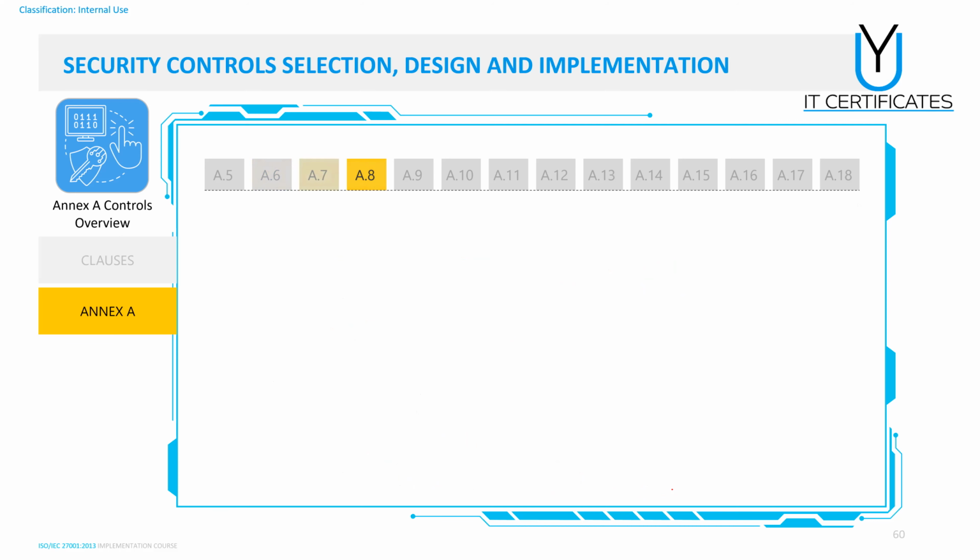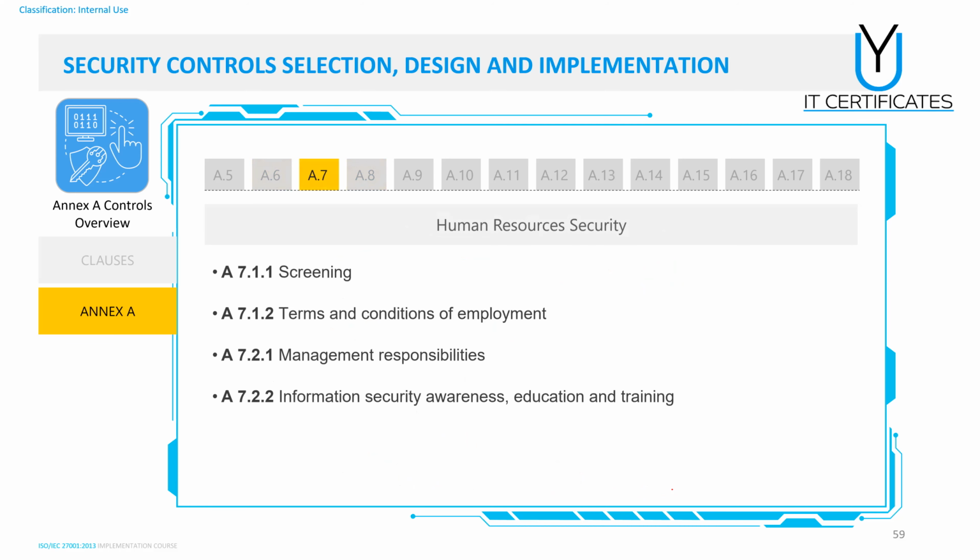In A7, it covers human resources security. And I am quite sure that most of us, when we had a look at the Annex sections, were very surprised when we heard human resources security. Why human resources security? It's coming for protecting information. But my answer here is very simple, my friends, because